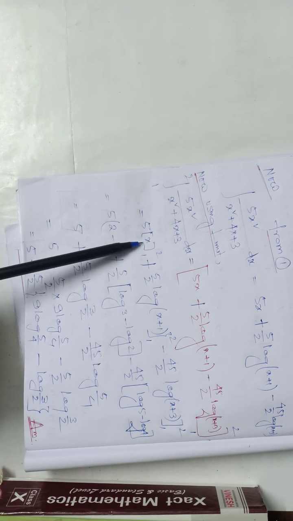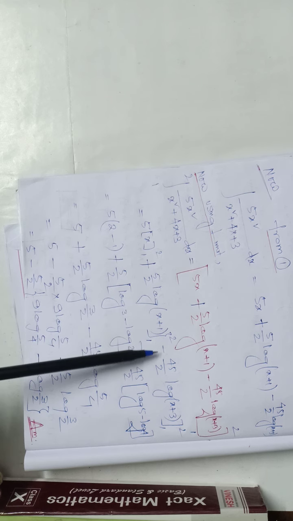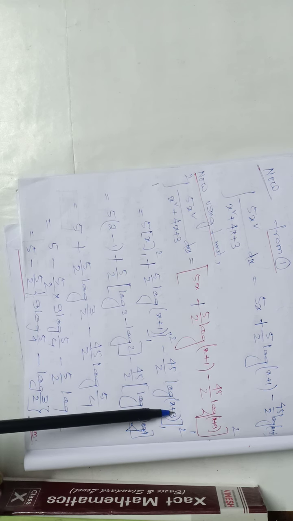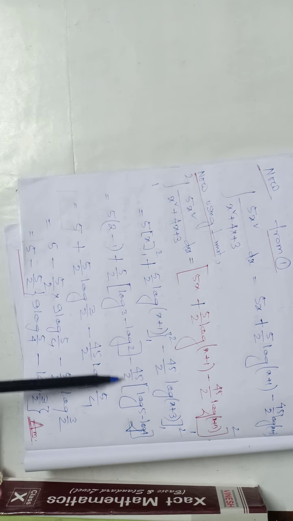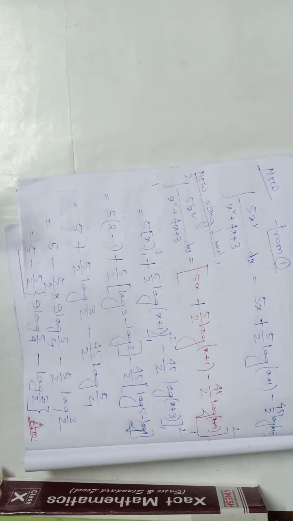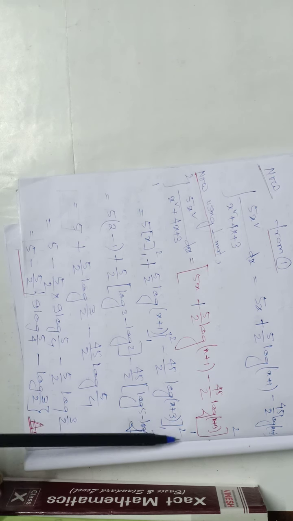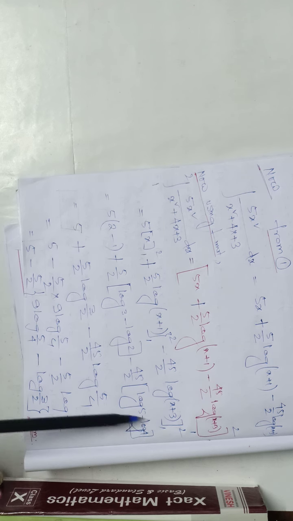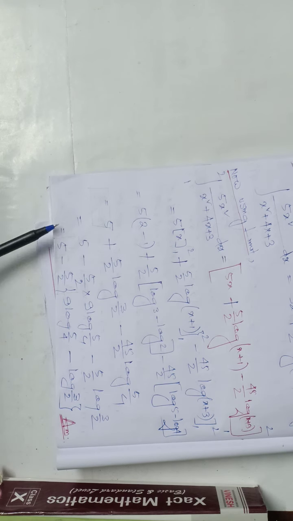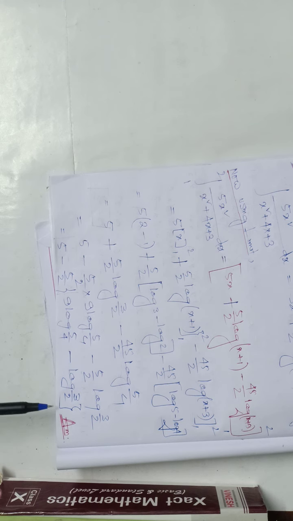So 5x from 1 to 2, plus 5 by 2 is outside, log (x plus 1) from 1 to 2, plus 45 by 2 is constant, log (x plus 3) from 1 to 2. After using the limit, see here 5x is 2 here, so 2 minus 1, plus 5 by 2 log (2 plus 1) minus log (1 plus 1), plus 45 by 2, log (2 plus 3) minus log (1 plus 3). So after simplification, students, we have got the answer, which is 5 minus 5 by 2, 9 log 5 by 4 minus log 3 by 2.